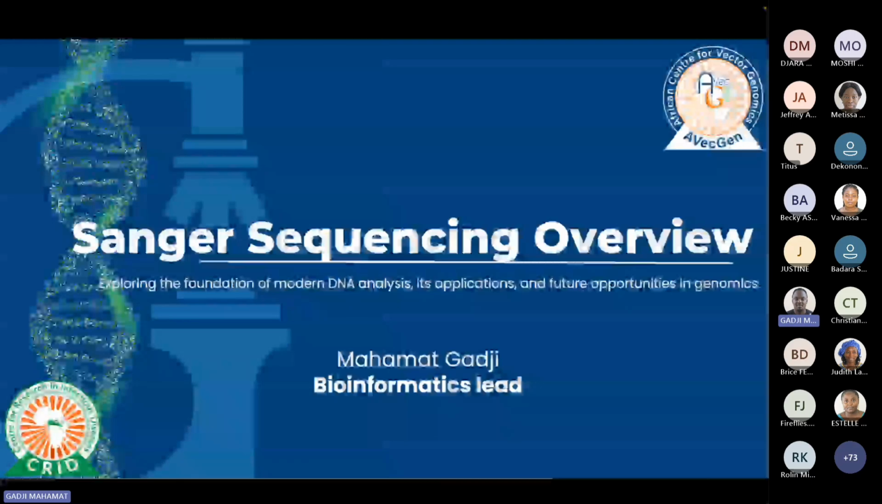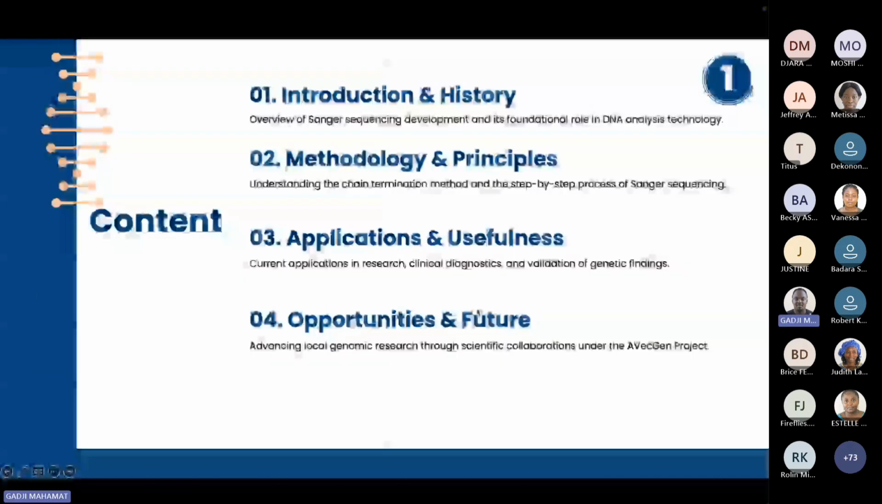A great opportunity given to me to share an overview on Sanger sequencing, which is actually a gold standard in terms of detection and validation of SNPs, despite the emergence of next generation sequencing. So in the next 10 minutes, I'm going to bring you through a brief history about Sanger sequencing, how it works, the applications, and at the end, provide some opportunities CRID is actually offering to the scientific community through the